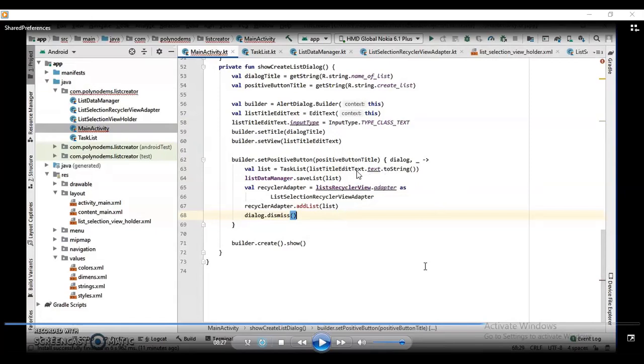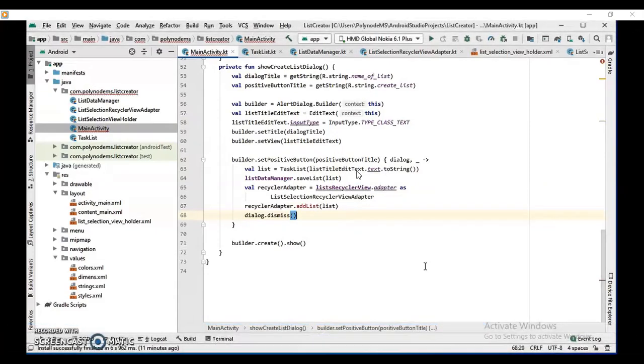So a unique name will be used here. If the user tries to create a list with the same name, it will obviously be added there, but it will automatically be erased, because only unique names will be assigned. Just for example, if you are creating